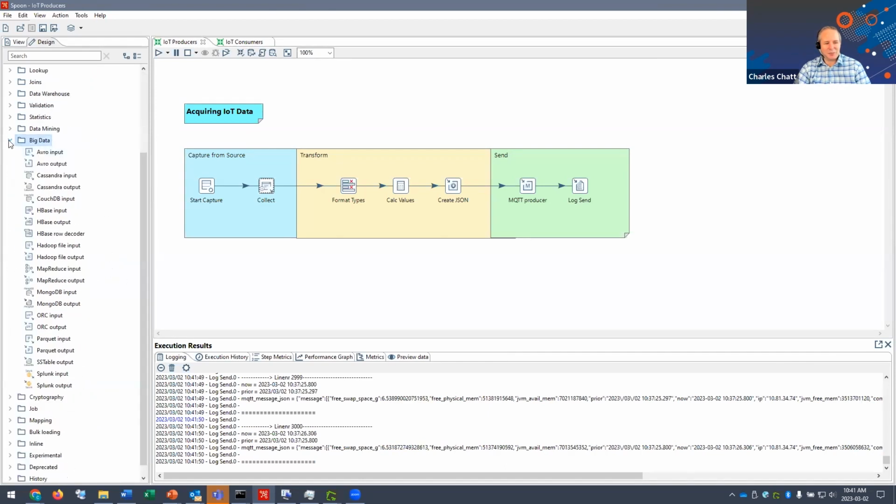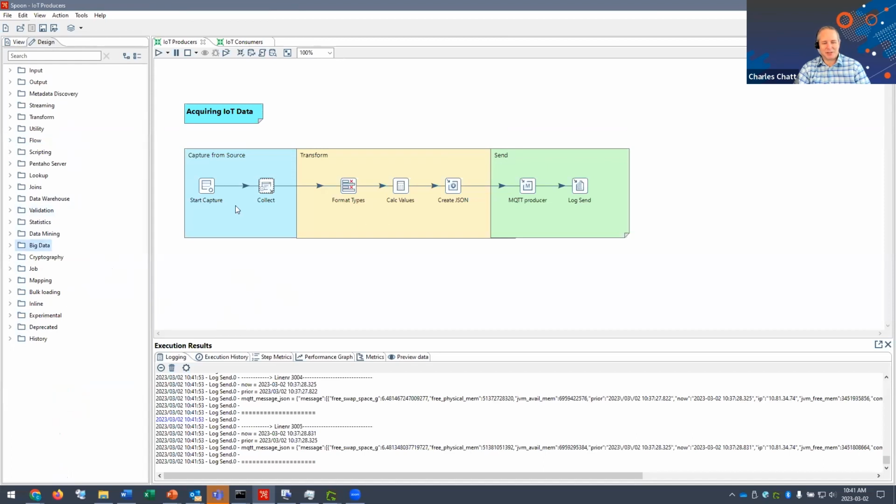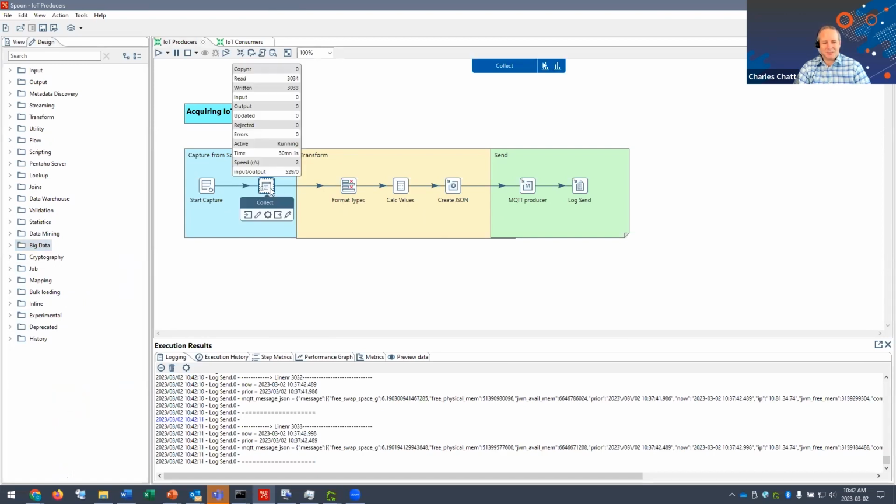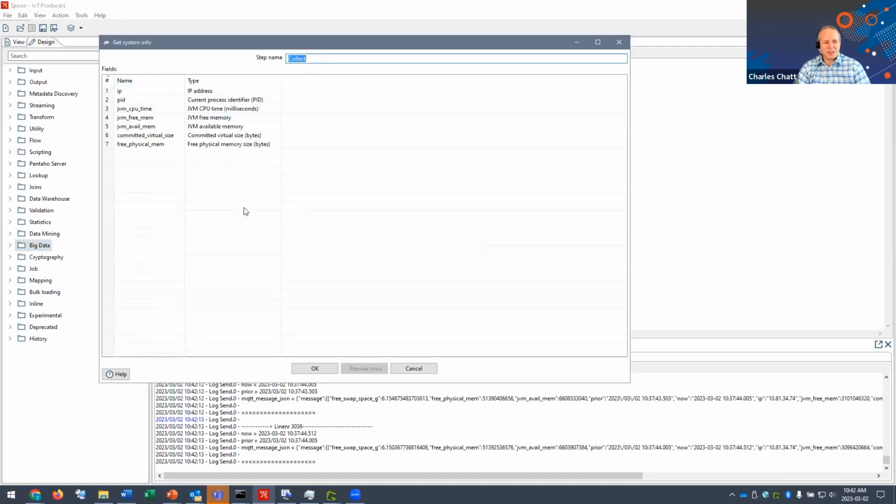So a lot of capabilities and a lot of flexibility, because what we recognize is that piles of Python scripts might not be the best way to work with a business analyst or a data scientist, right? So from left to right, the standard: let's capture it from the source. In this case, I'm simply capturing some system information. So rather than running on my computer, let's assume that I deployed this on a device somewhere else, okay?